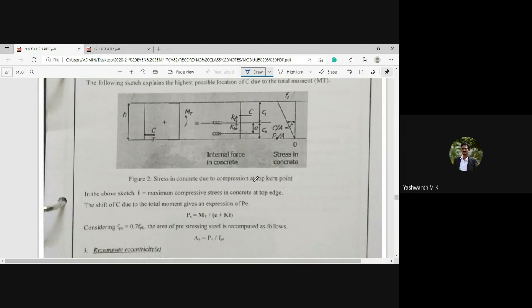There also, the C line and T line coincide when no flexural stresses are developed. When the C line shifts because of the eccentricity or because of the variation in the tensile stresses, you need to know the distance. Did you get my point? And you can see how to locate the eccentricity E with respect to this CGC.